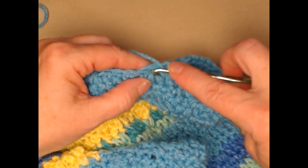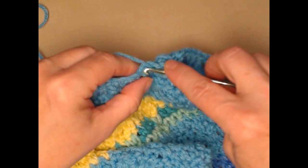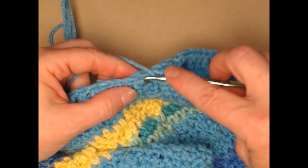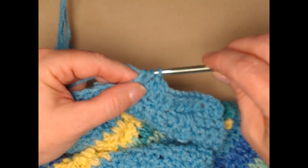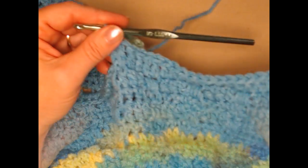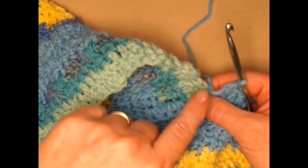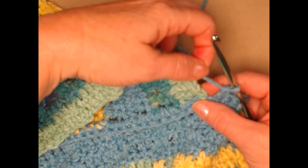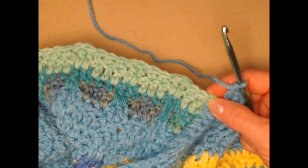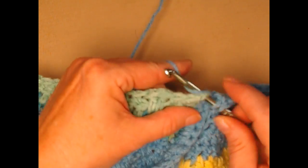Now across the top, you'll have a stitch for each of your double crochets, and of course when we get to the hood, you will as well. So for now, I'm going to stitch across till I reach that hood, and then I'll show you how to go around the hood. I've stitched across the right side of my blanket, and now I'm going to stitch around the hood. And it doesn't matter what stitch is there, you're just going to place 1 double crochet in each stitch. So I'm going right in this first stitch,